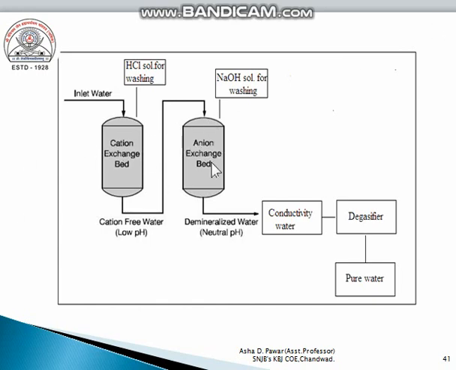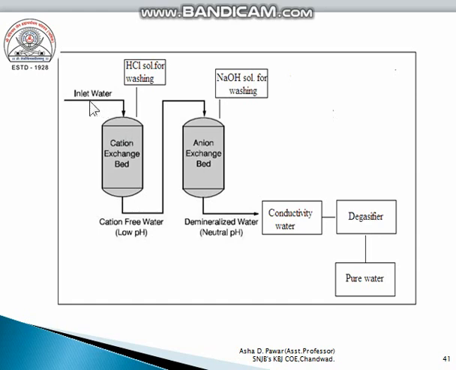This is a diagram of the process. There are two separate vessels used for the cation exchanger resin and the anion exchanger resin, and at the center, the cation exchanger bed and anion exchanger bed are prepared and fixed. There are two inlets at the top of each bed, one for the water and another for washing of the bed, and there is one outlet for each bed, for removal of cation and anion free water.